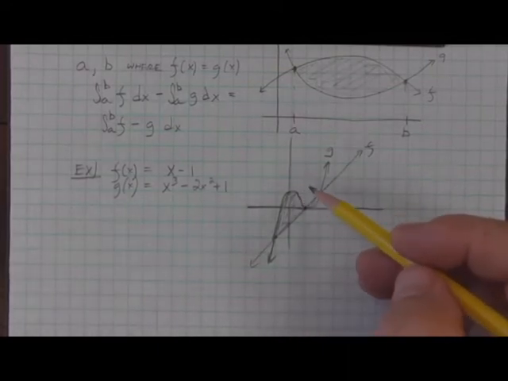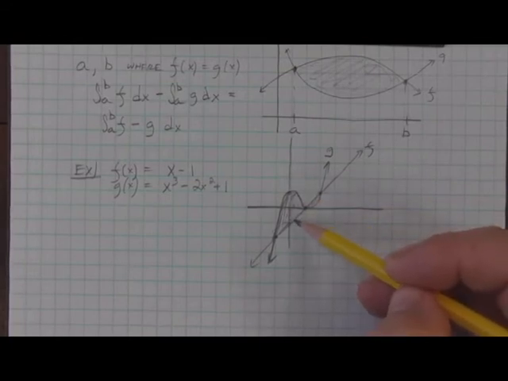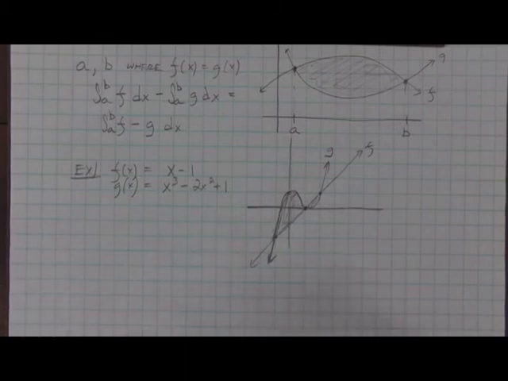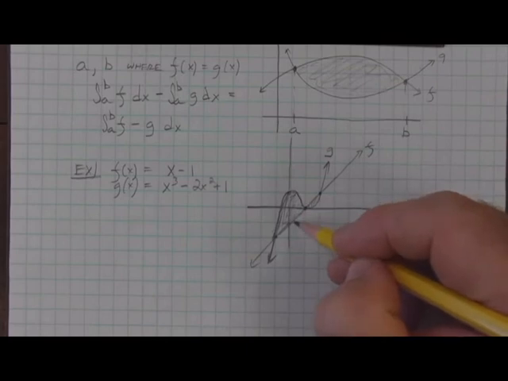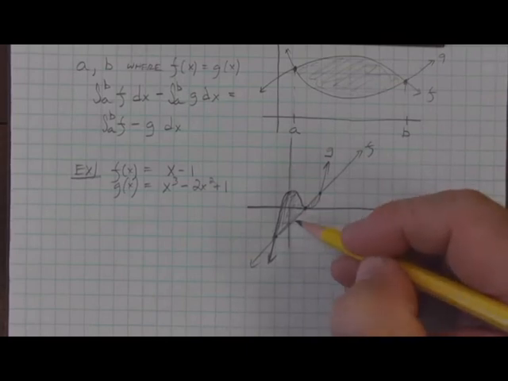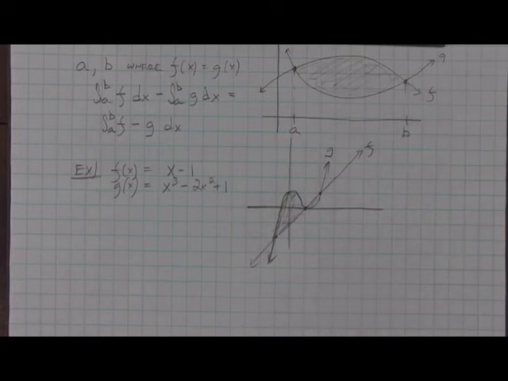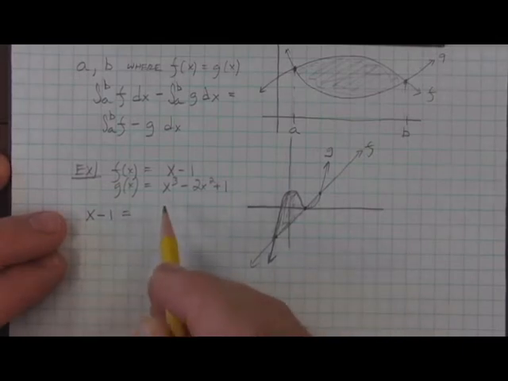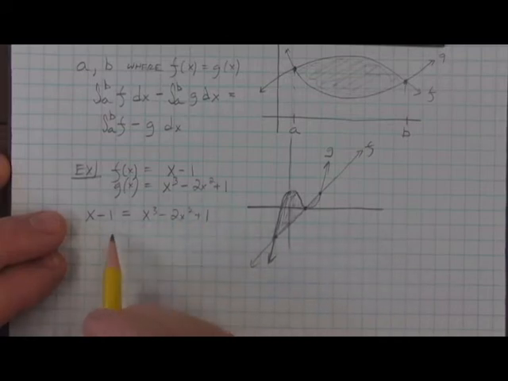because when we find the difference between f and g, no matter where g and f points are, they're always going to produce a positive value, which represents the length of the line that connects those two values. So the area between two curves is always positive. Let's do that calculation. We need to find where f and g are equal to each other. So if we set the f function equal to the g function and solve for x,